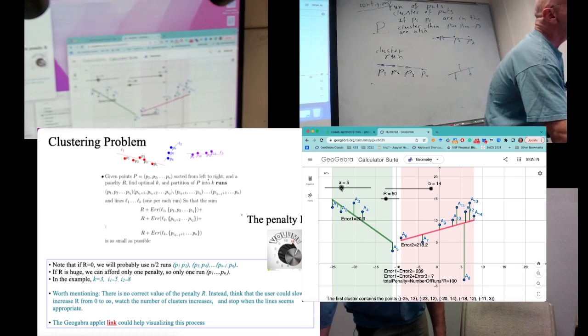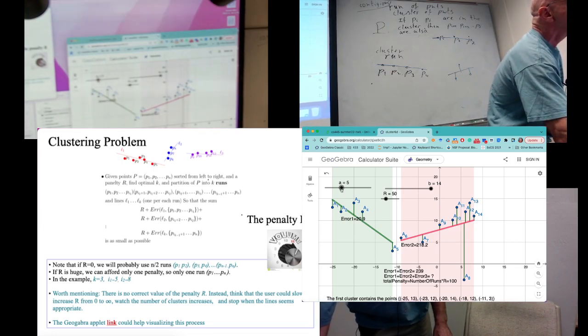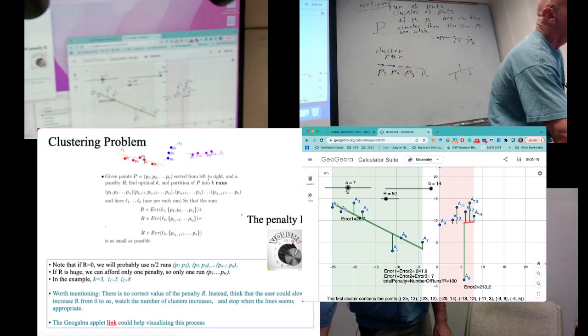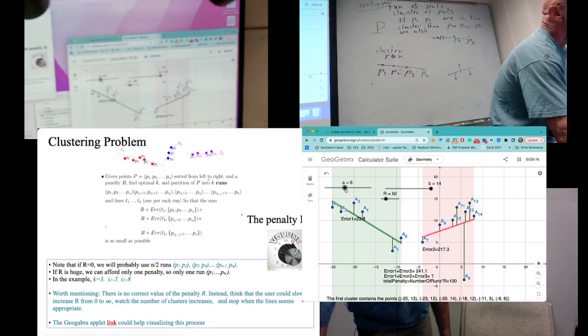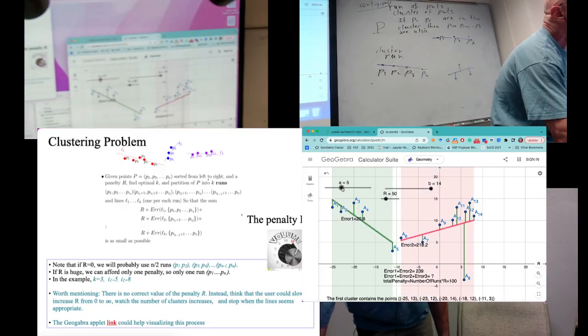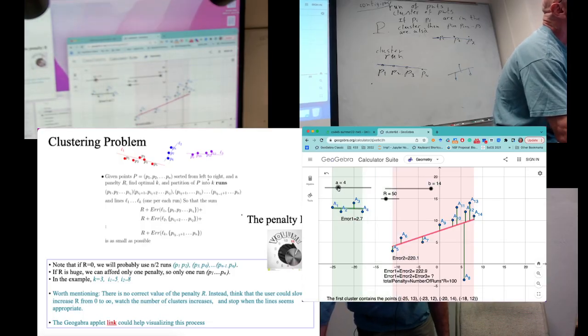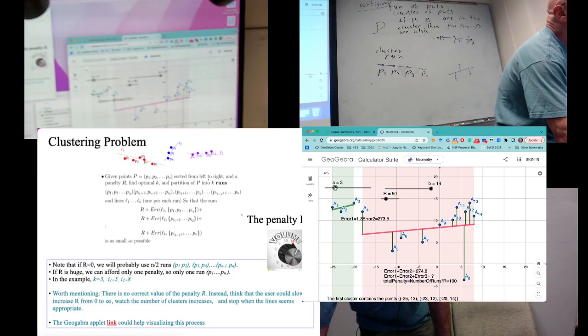What will be the best partition into two clusters? I'm just looking at all these values of error 1 plus error 2 and asking what is the minimum value. Right now it's 249. Right now it is a typo that I'll check later. Right now it's 241, 239, and then 222, 274,